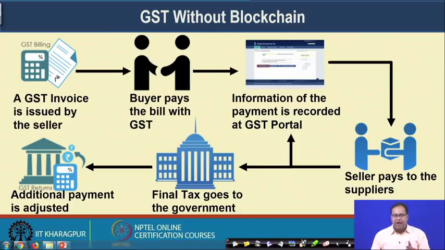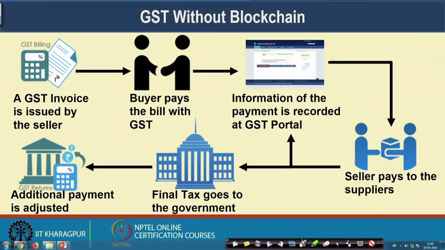pays this entire collected amount to the government. At the same time, the seller can be working as a production house, just like a dress company which purchases multiple raw materials, and whenever they purchase the raw materials, the seller also pays the certain tax, the GST, to the suppliers. So, that way there is a kind of loop. Everyone in the production house collects a certain amount of GST, and this entire amount of GST goes